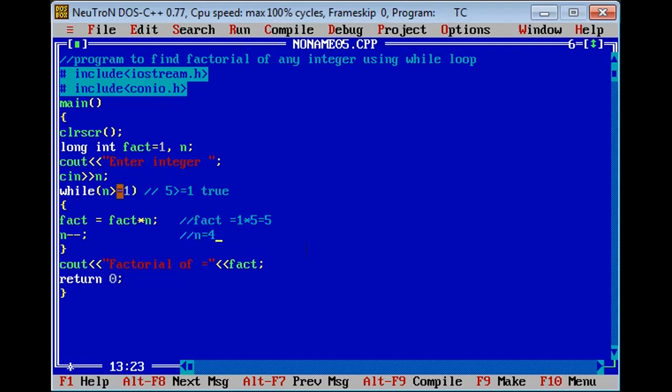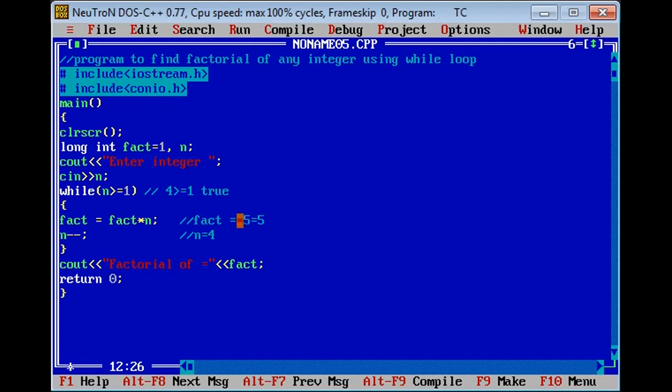Again, the loop goes to this statement and it will check whether 4 is greater than or equal to 1. Yes, it is true. So it will calculate the factorial. Here, the fact value has been changed from 1 to 5 after one execution of the loop.